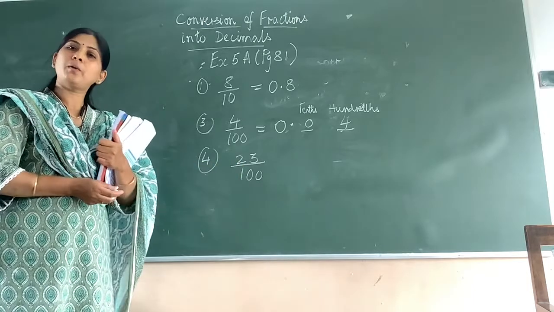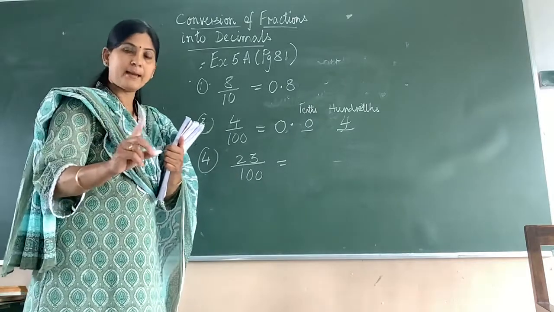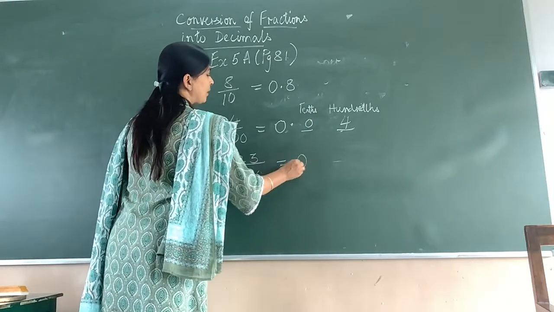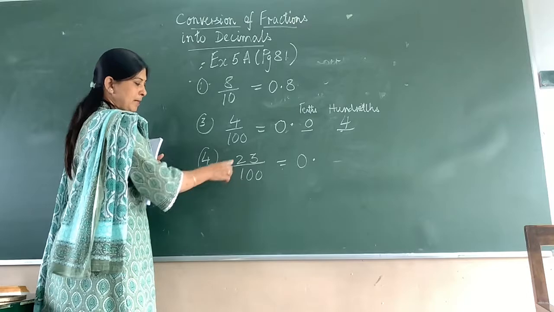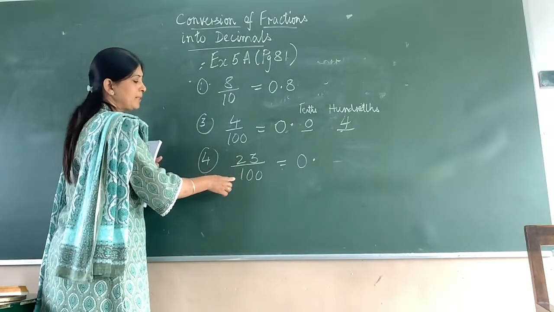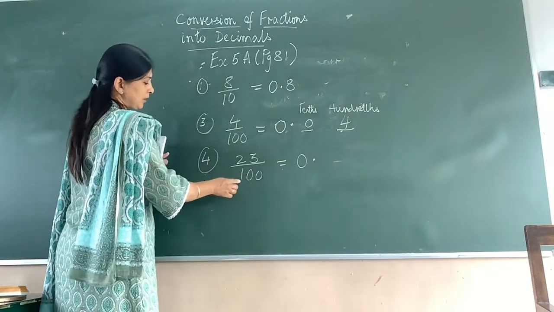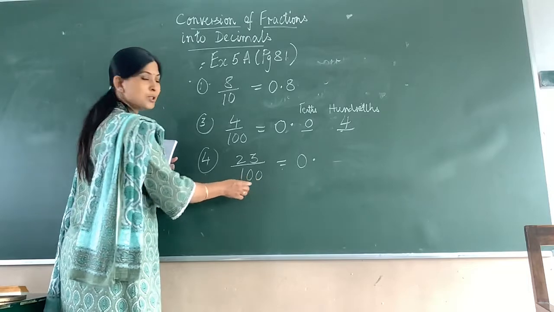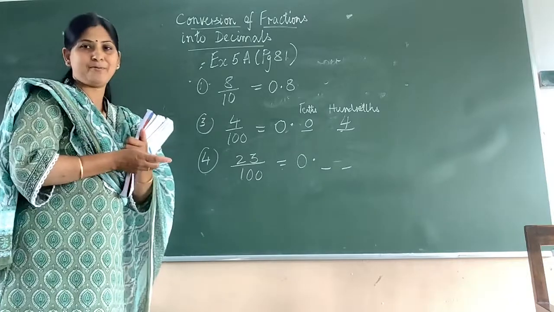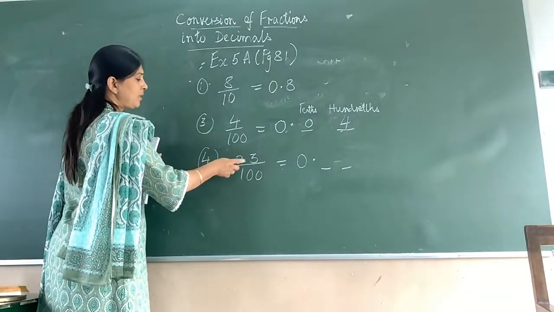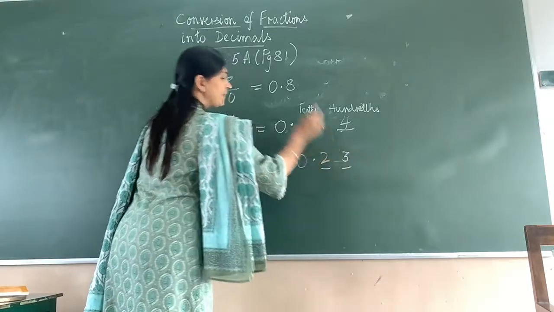Now let us take question number 4. 23/100. Now it is a proper fraction. It is less than 1. So in whole number part, what will come? 0, we will put decimal point. 0 point. Since it is a proper fraction, numerator is smaller than the denominator. That means it is less than 1. So we write 0 point. Now the denominator contains 1 and how many zeros? 2 zeros. So that means how many digits will be after decimal point? There will be 2 digits after decimal point. What is the numerator? 23. So we'll write 2 here, 3 here.